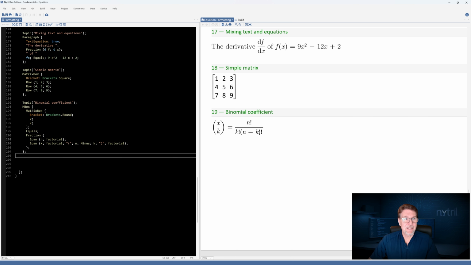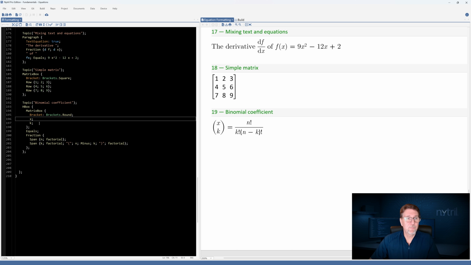So in this next example, we're again using a matrix box. And in this case, we're just giving it these two symbols that we defined in our symbols namespace, X and K, and we're surrounding those with a round bracket. The other point of this particular equation is that we're putting it in an H box.